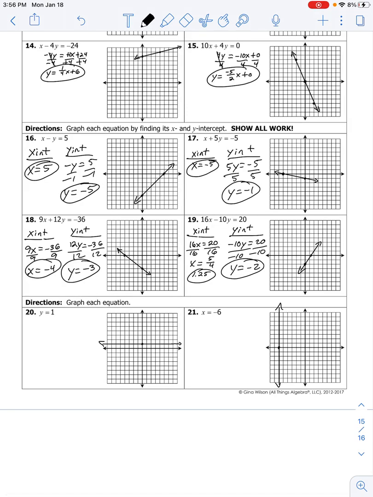And that is the notes review of the x and y intercepts and all the other slope information, putting an equation into y equals mx plus b and graphing it using the y-intercept, which is the last number, and then the slope, which is the number that's right in front of the x. Okay, so hopefully that is helpful on the notes review for everybody. Test coming up pretty soon. If you've got questions,